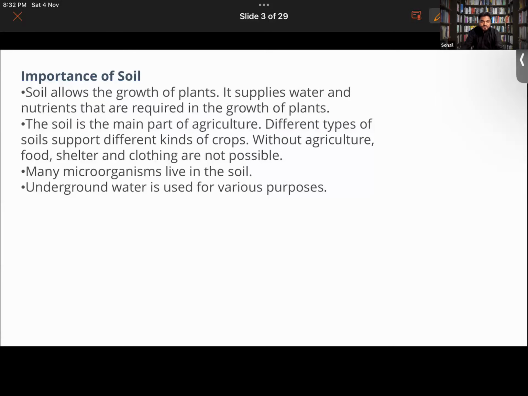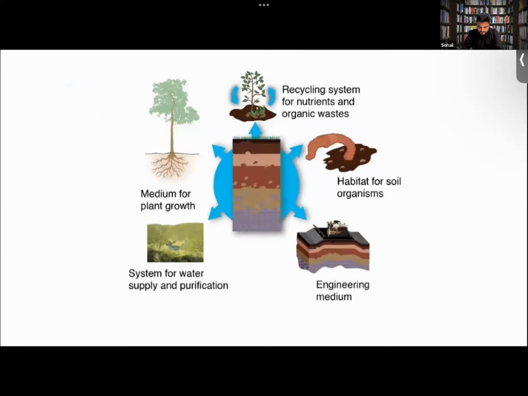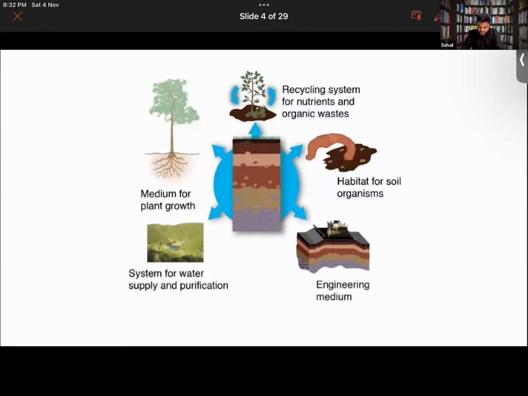Hope you guys remember the difference between the two types of weathering and the components involved in them. We also talked about the different important